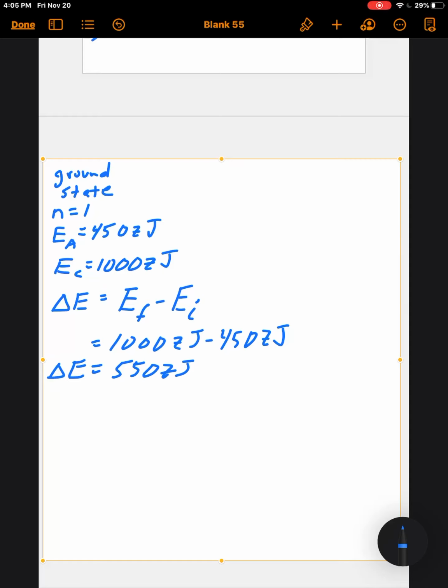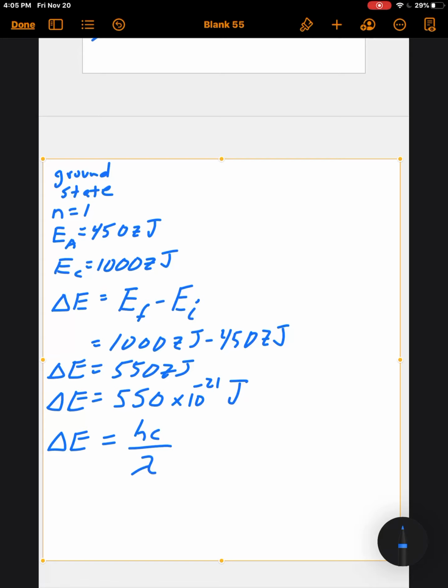That's wavelength. So here's what I'm going to do. I'm going to put this energy just in joules, just to make it easier for ourselves. Zepto is 10 to the minus 21. So 550 times 10 to the minus 21 joules. There's your delta E. That's not bad. Now let's do our delta E is hc over lambda. That's the relationship between energy change in an atom and the wavelength of the photon that's absorbed or emitted, but